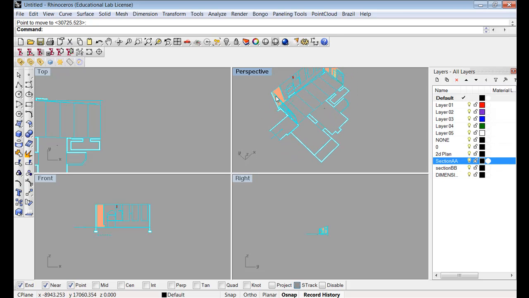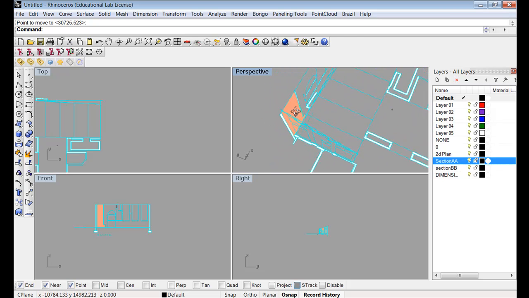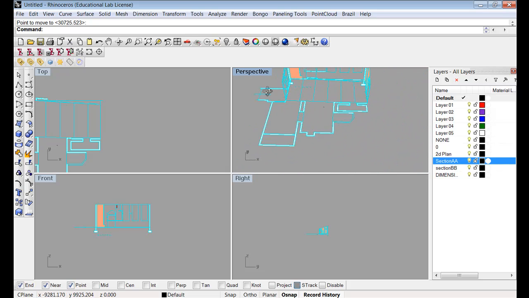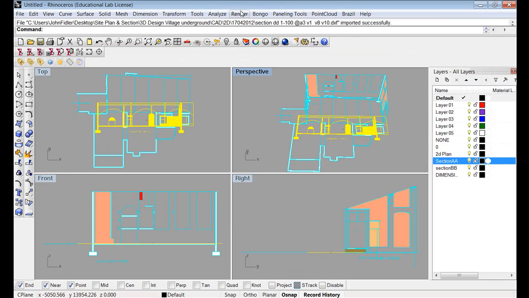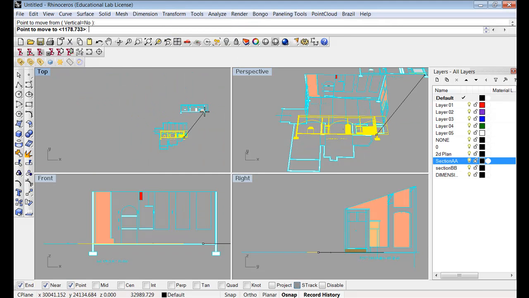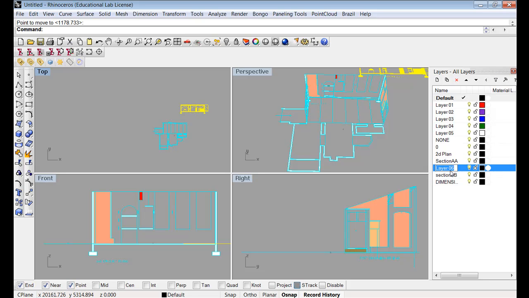Okay, so we've got that. That'll be alright. Okay. File, import, transform, move, whack that up there, create a new layer for it, section CC, right click on there, change object layer, okay, now